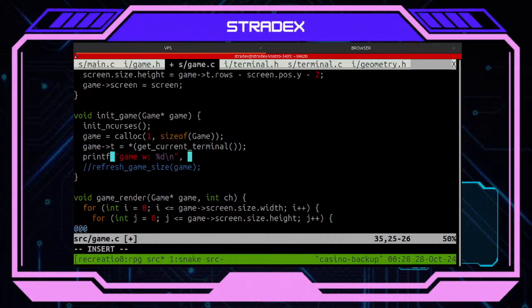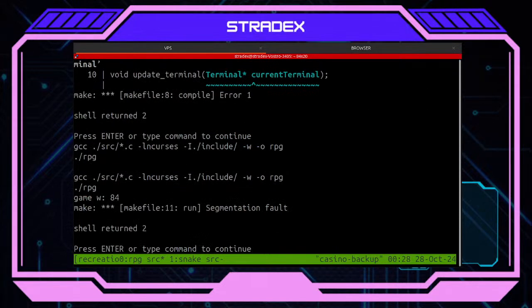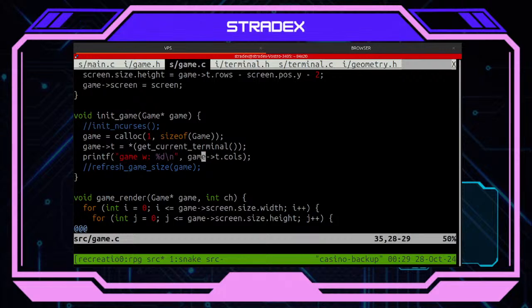And let's ignore starting the end curses. Okay, this is actually working. This part goes well.